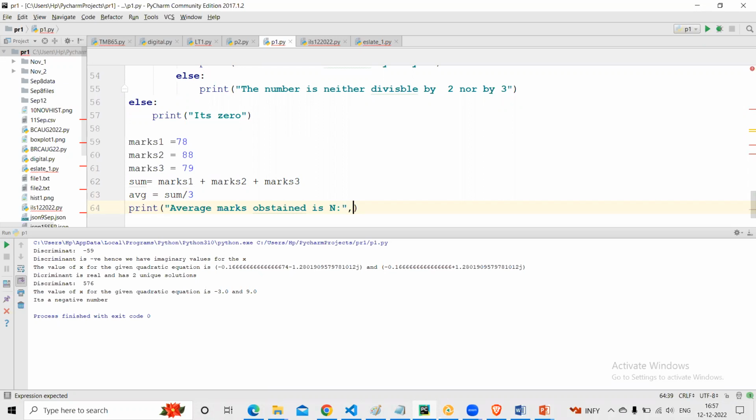And what is n? N is AVG, right? So now when you run it, marks obtained is 81. Okay. Now based on this average,